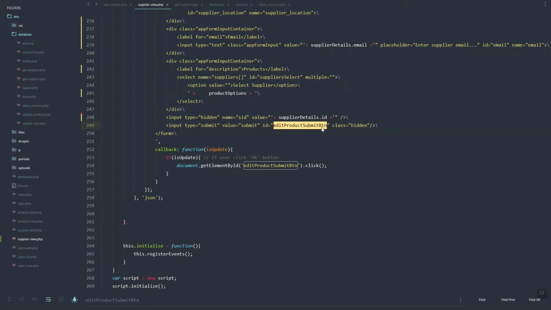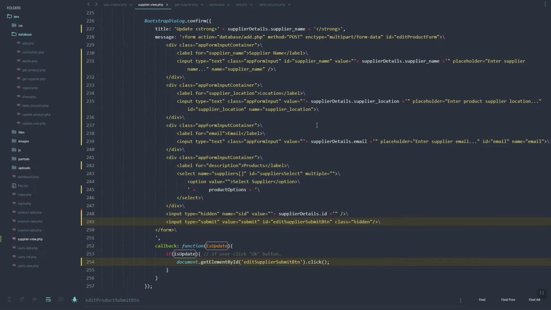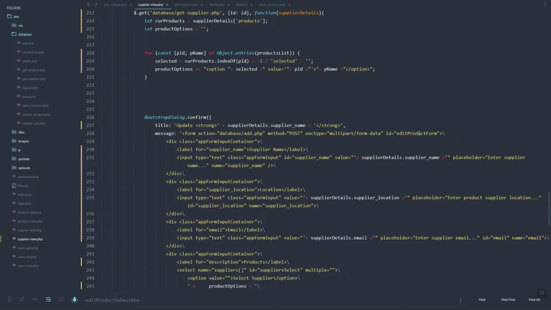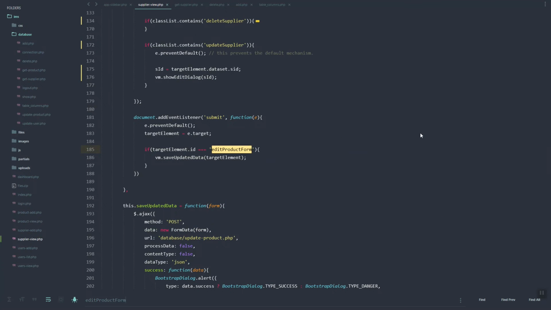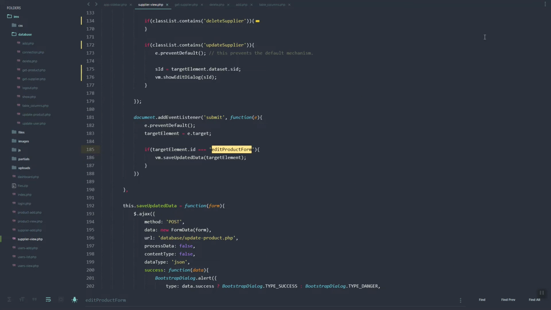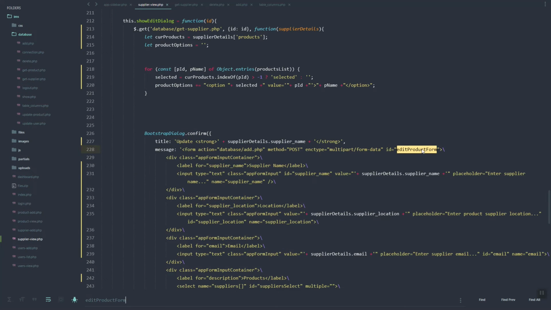So here if user will click the OK button, will trigger this edit supplier submit button, and then can just update this one. So supplier